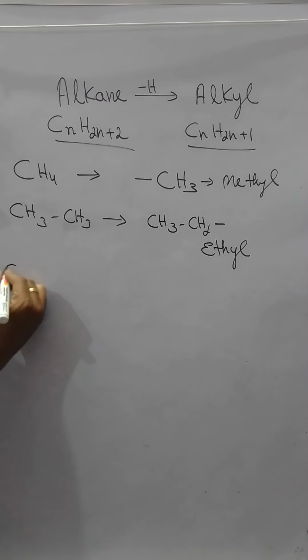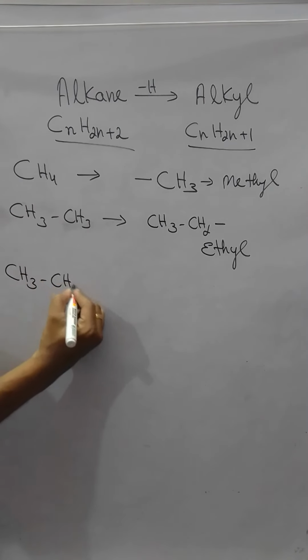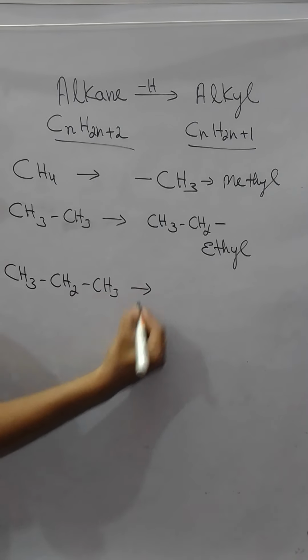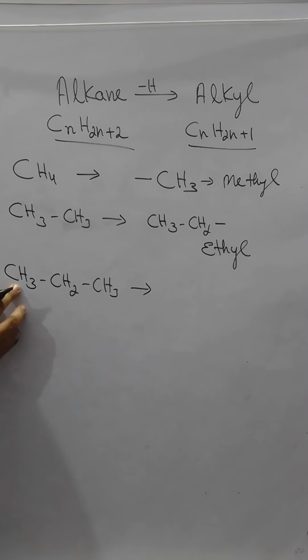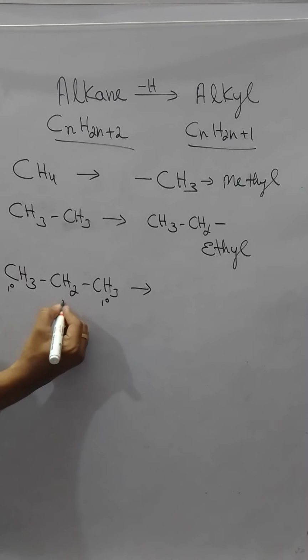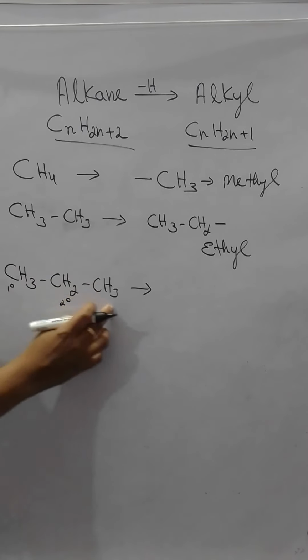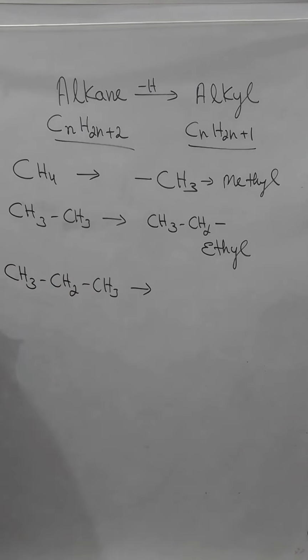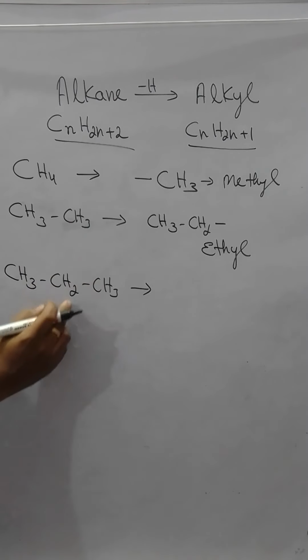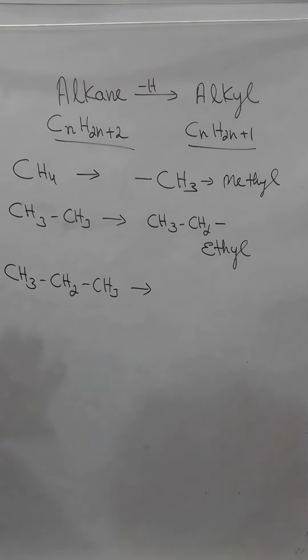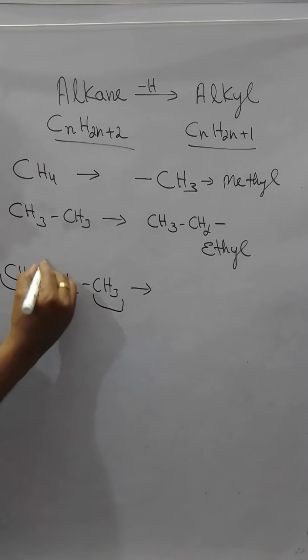In the same way, let me take the next homolog, CH3, CH2, CH3. Now if I have to identify the carbon atoms, this is a primary carbon, this is a primary carbon, this is a secondary carbon. Attached to two carbon atoms, attached to one carbon atom directly, attached to one carbon atom directly. Okay. Now how many types of carbon atoms are there? Primary, primary, one type. Even without naming primary, just by looking we can see CH3, CH3. CH3 is attached to CH2, CH3. CH3 is attached to CH2, CH3. And this CH2 is attached to CH3, CH3. This is one type, this is one type. So I'll have this and this as one type and this as one type.